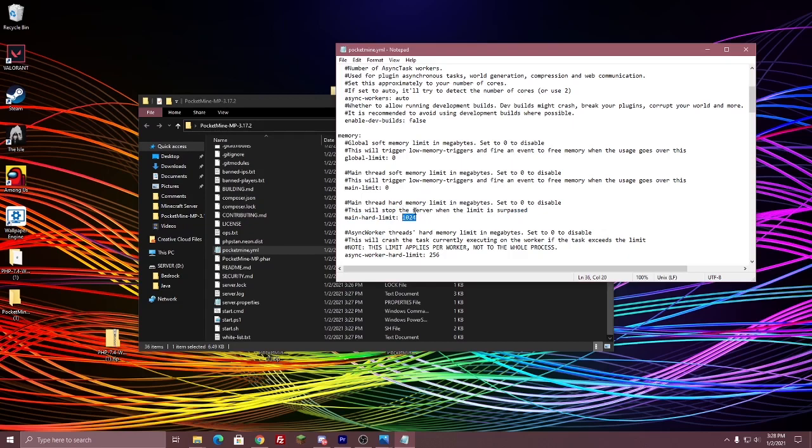1 gig. Now these are all set in megabytes, not gigabytes. So if you want it to be 2 gigs, you need to add another 1024 to this, which is, you guessed it, 2048. And then you can go up from there. Now, if you do this and your server crashes, that means your computer cannot allocate that much RAM